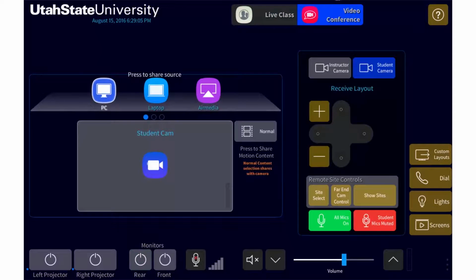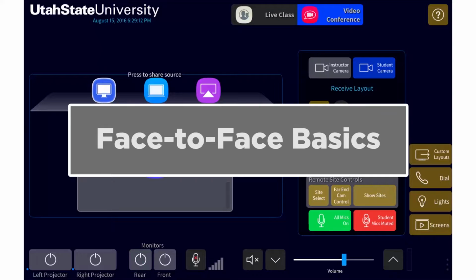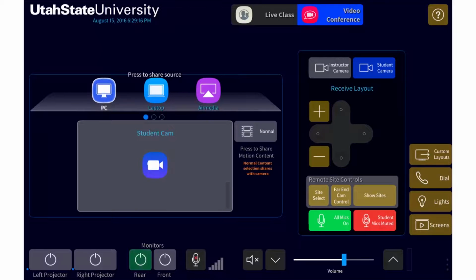If you want to learn how to use the touch panel for classes or meetings that will not be using the video conferencing capabilities, click here. Before we go over the video conferencing controls on the touch panel, we'll first look at how to set up the room. One of the first things you may want to do is power on the projector and/or TVs and